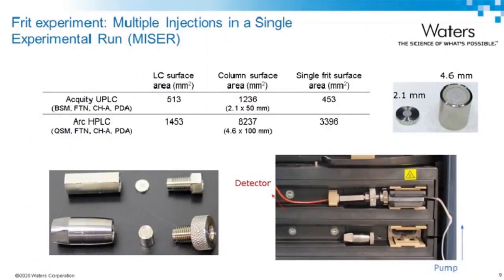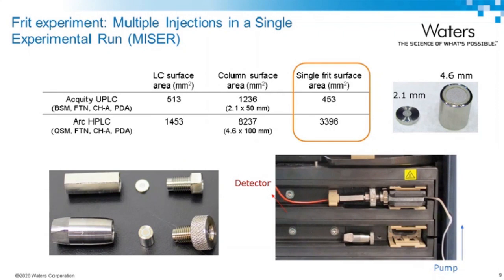So that's why we embarked at Waters on a research project where we investigated whether we can detect this non-specific interaction, and I selected for this study just a frit. Why the frit? Because here I list the surface area of porous frits. Those are the frits that we actually use to assemble the column. Every column contains 2 frits that are holding the sorbent material in place.